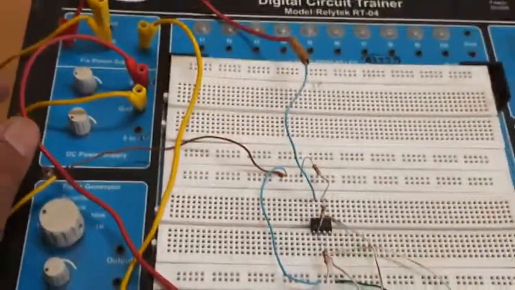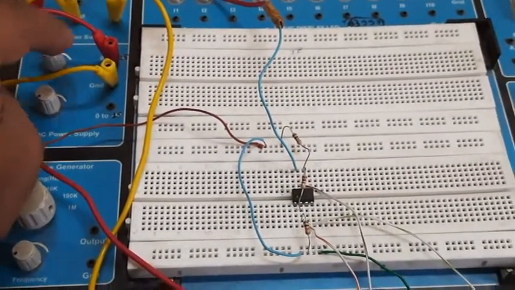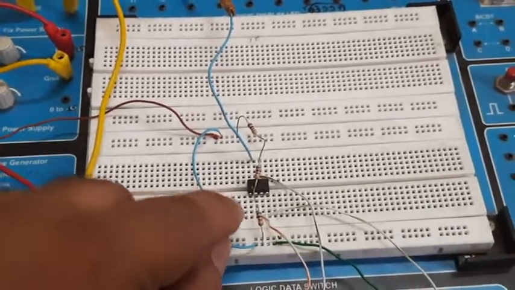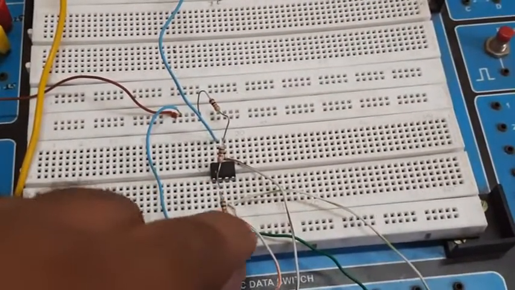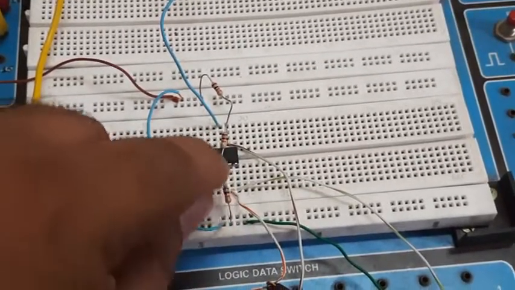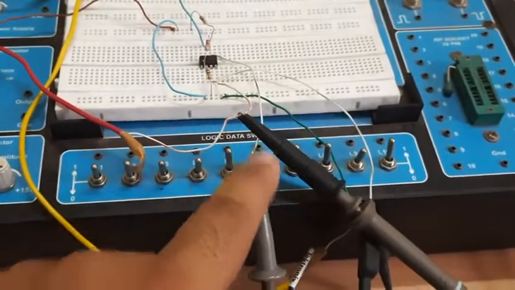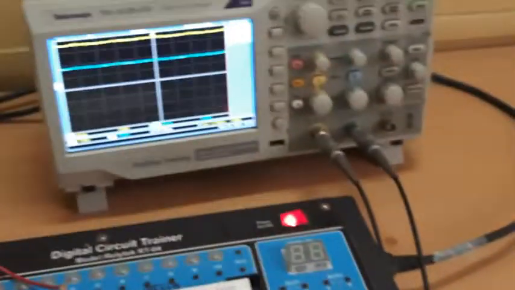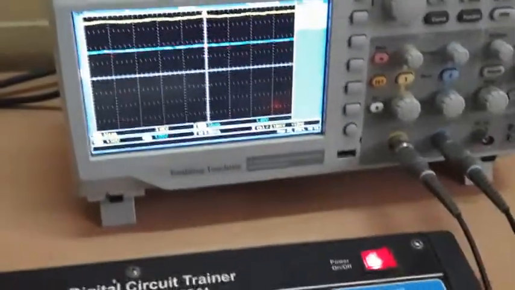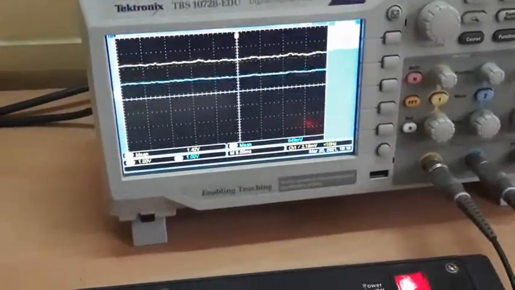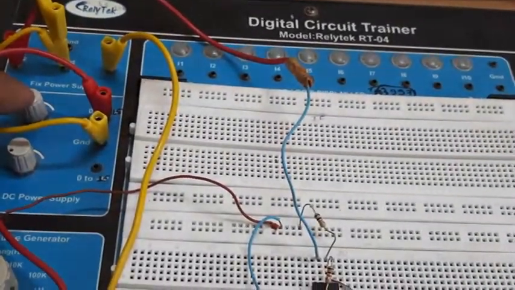Input DC 1.5 volt or variable DC is provided from this pot. Positive voltage is given to pin number 3. CRO probes are connected here. There is an input and output terminal. Accordingly, we can observe now we have given the 1.5 volt around some voltage.